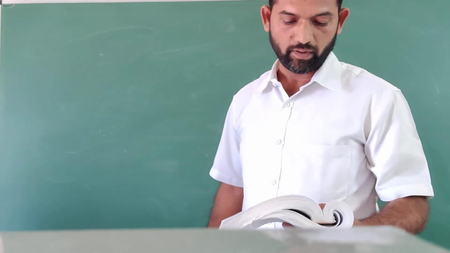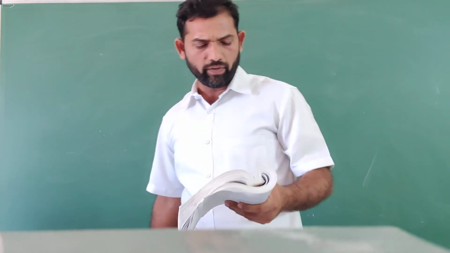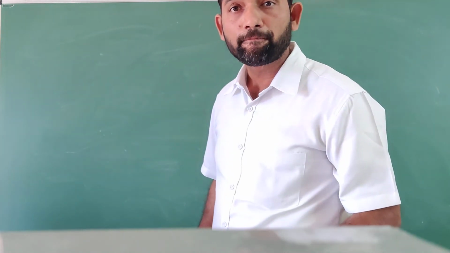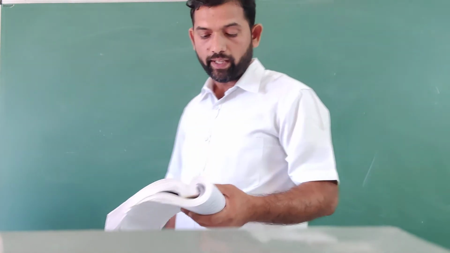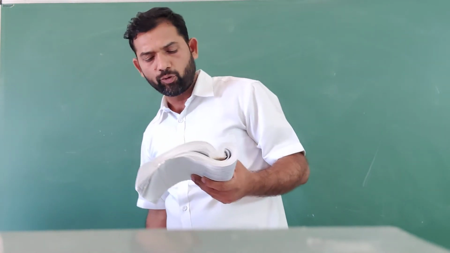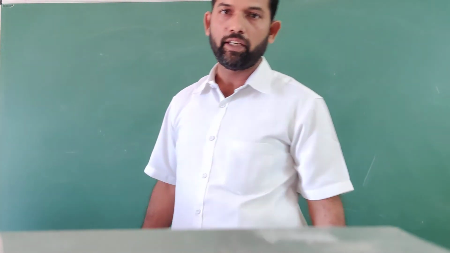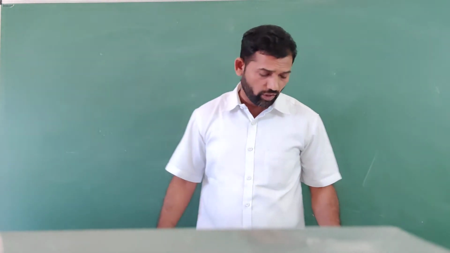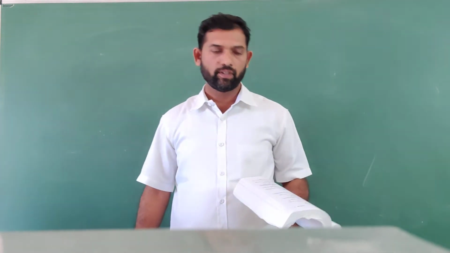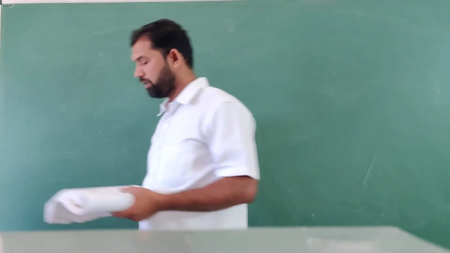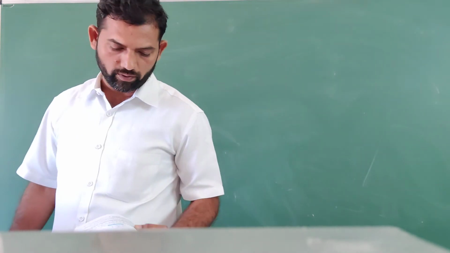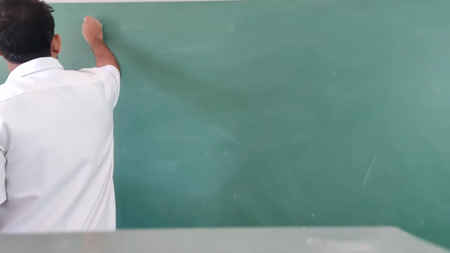Next one, fifth one. Do it yourself. Fifth one: find the points on the x-axis whose distance from the line is 4 units. Distance is given. You are going to simplify the points. So you try that one, and I will also. So, fifth one.